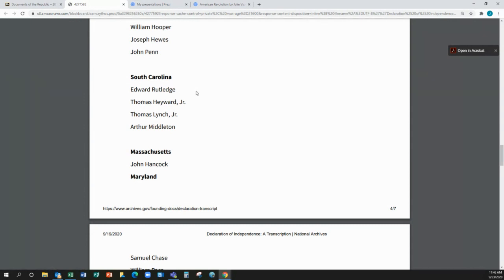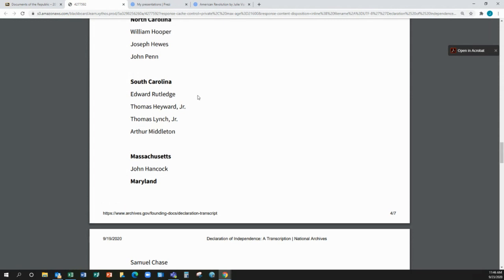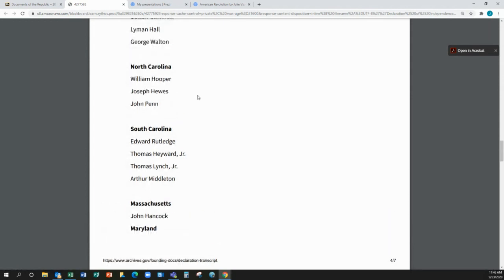pieces. Now, this is obviously gruesome, but it's meant to be gruesome and in a way to keep people from being treasonous, right? To try and influence people not to do that. In addition, when you're buried in that manner, you cannot be given a Christian burial. You cannot be buried in a cemetery. So it has long-ranging effects, which is why it's important we talk about this, because these men signed their name